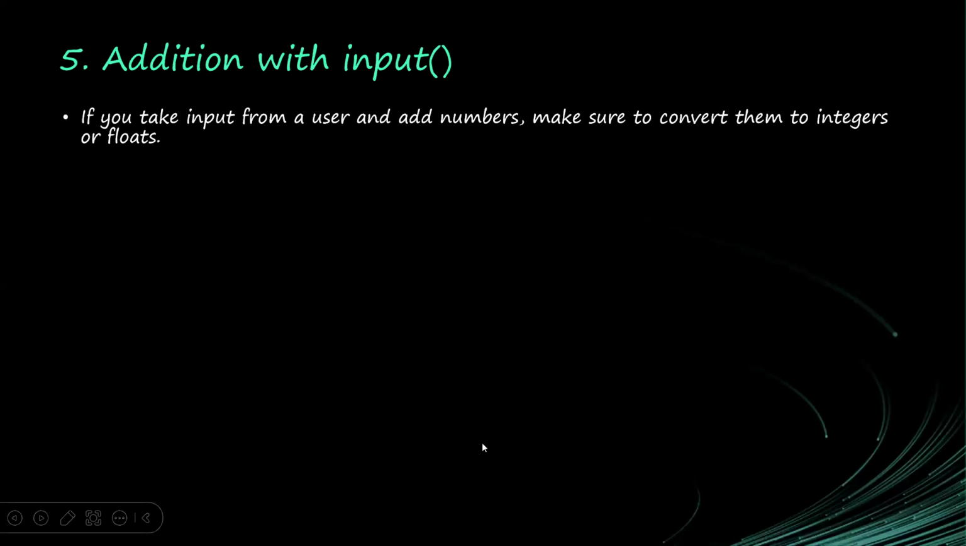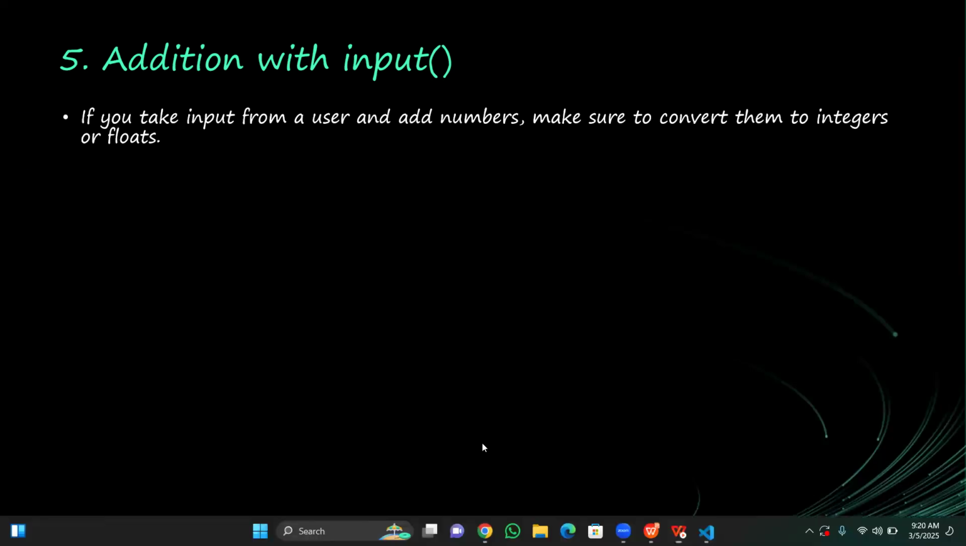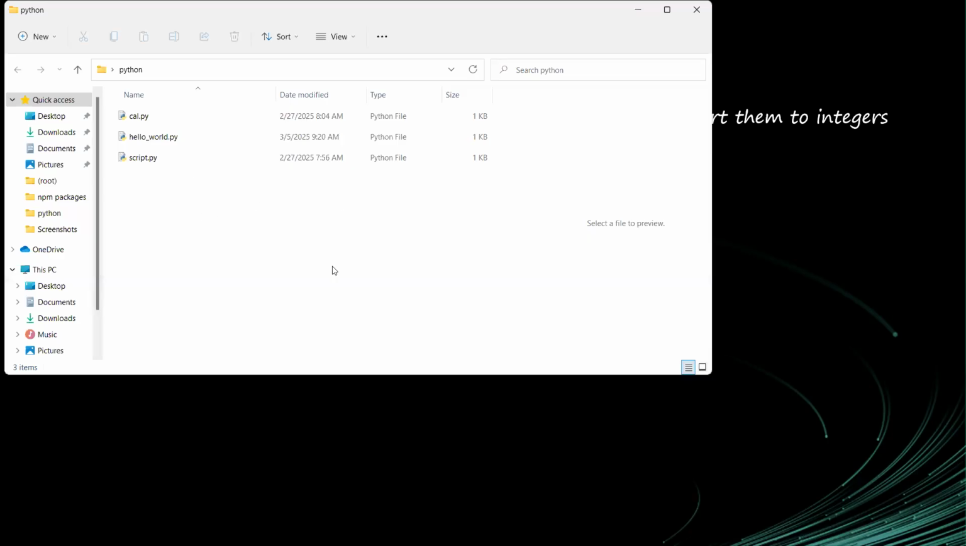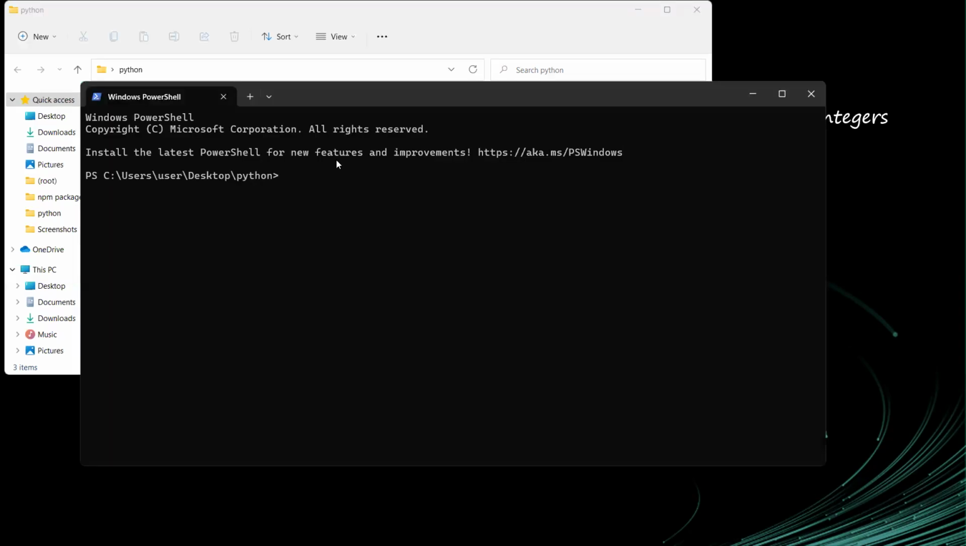And in case you're not using Visual Studio Code, you can actually still run it. Let me show you. Open the folder where you have whatever script you want to run. So I can right click and click on open in terminal. If I open this, I'm opening this folder in this terminal. So I can now say Python